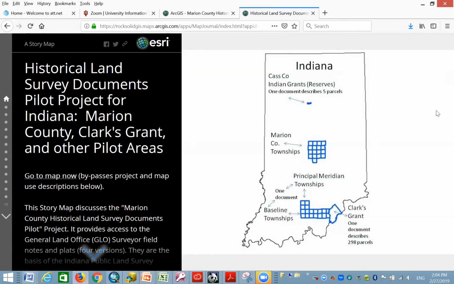I have in front of you what we're calling our story map that basically describes our project and then takes you through a few steps to teach you how to use the actual GIS component of our project. And it also shows you how to access each of the documents. The title of the story map is the Historical Land Survey Documents Pilot Project for Indiana, Marion County, Clarks Grant,